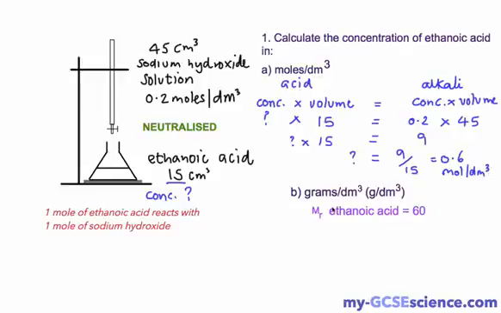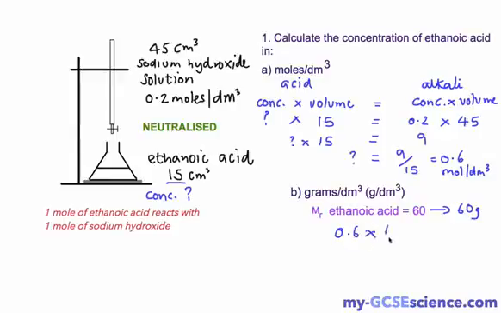Okay, so the next question is asking us to calculate the concentration in grams per decimeter cubed. So how many grams have we got in there? Well, we know the relative formula mass for ethanoic acid is 60. That's been given to us in the question. That is 60 grams, which would equate to 1 mole. We've got 0.6 moles per decimeter cubed. So we have 60 grams in 1 mole, but we've got 0.6 moles. So all we do is we say 0.6 times 60 equals